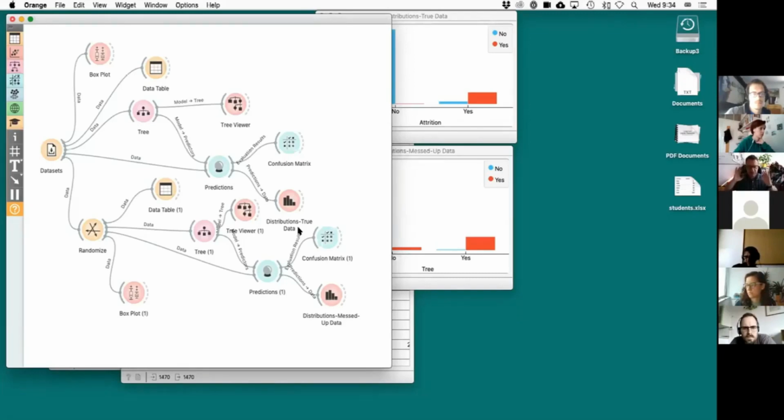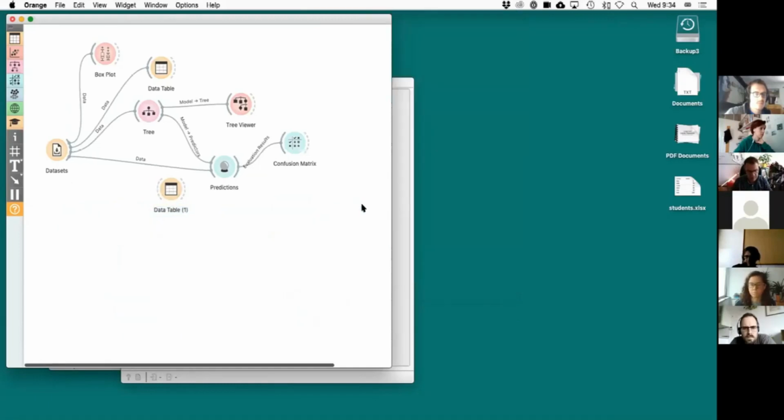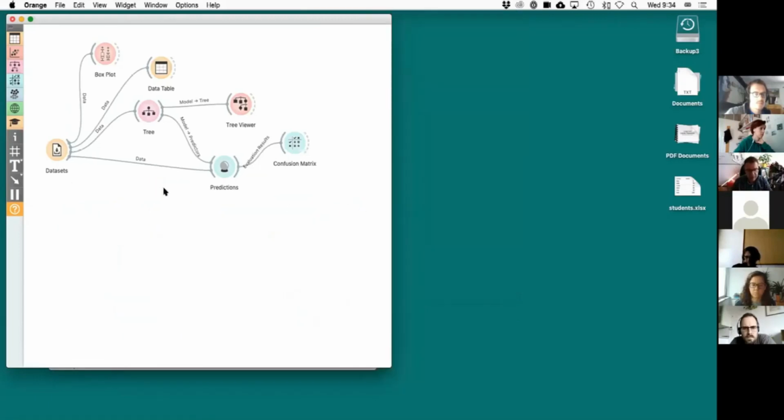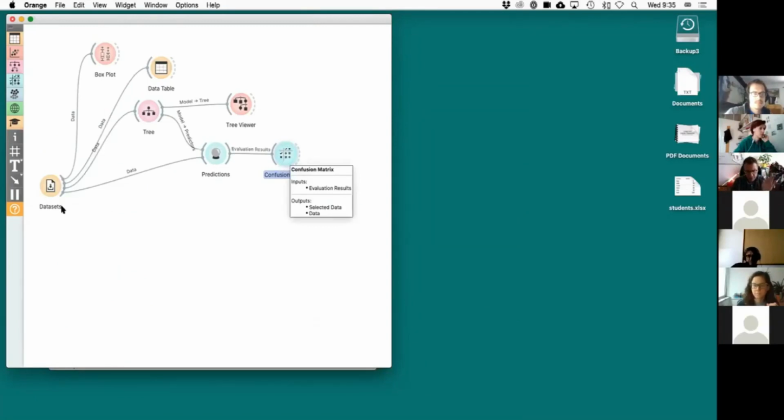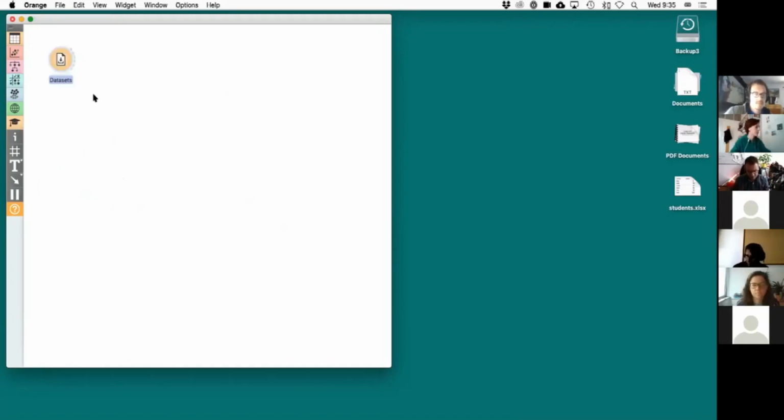Okay, maybe just what is the solution? How can I test my model in a correct way? In general, what should I do here in order to assess the classification accuracy? My training data should be separate from the test data. The way I can do that is to split the data